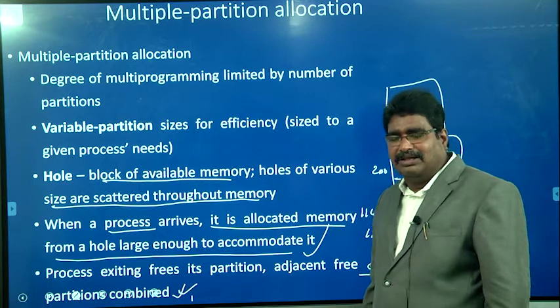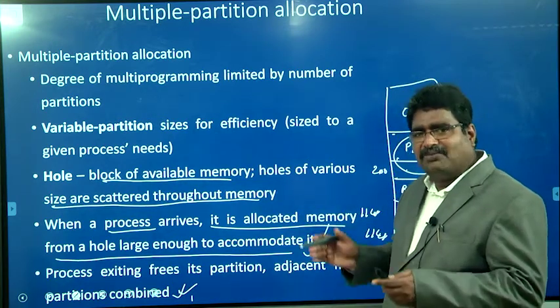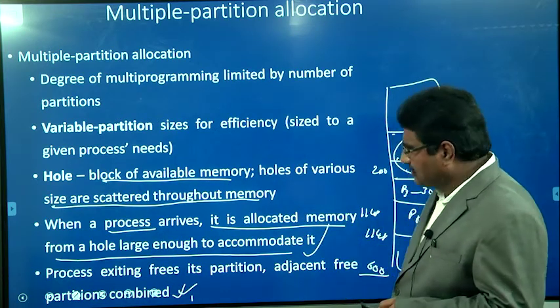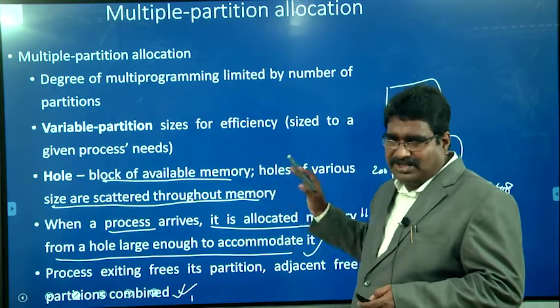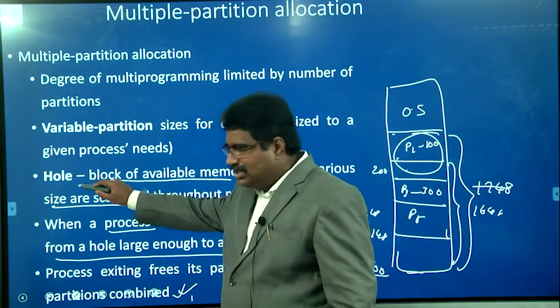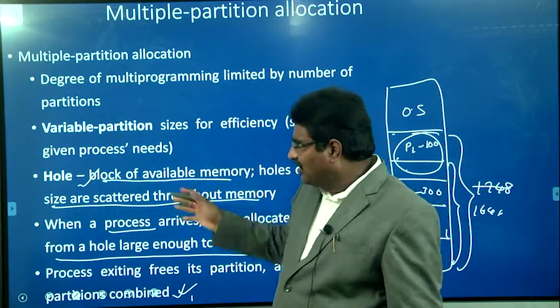That is nothing but whenever a process requires, for example, the process size is 500 MB, 500 MB of contiguous space must be allocated to the particular process. For that reason, the operating system maintains the free space information. Every free space is represented as a hole, and these holes have different sizes and are scattered into different locations.